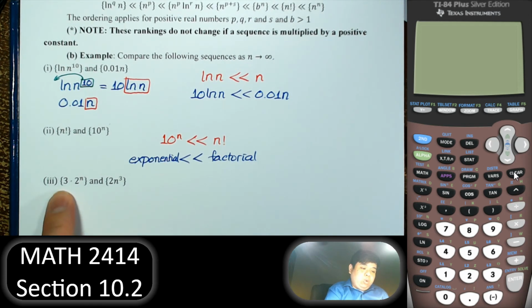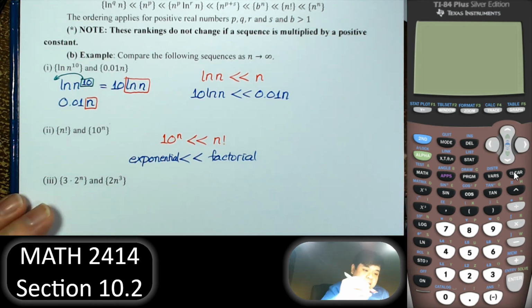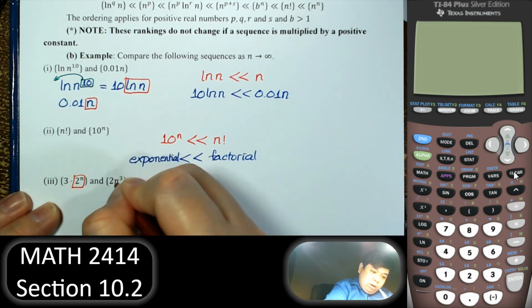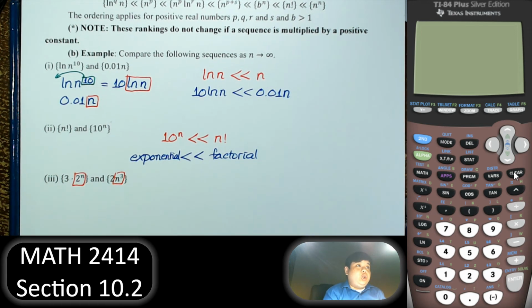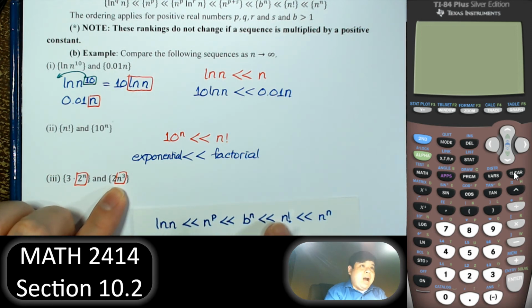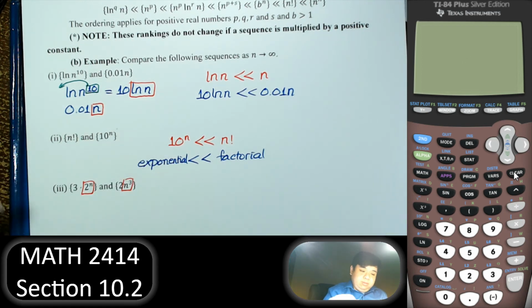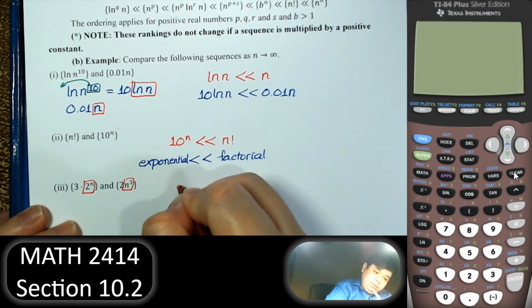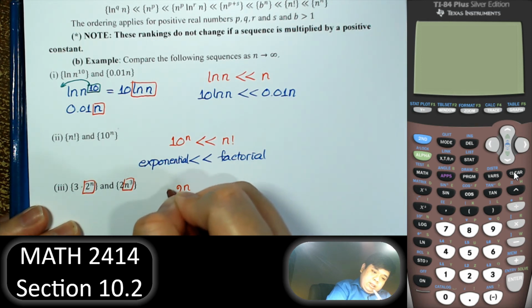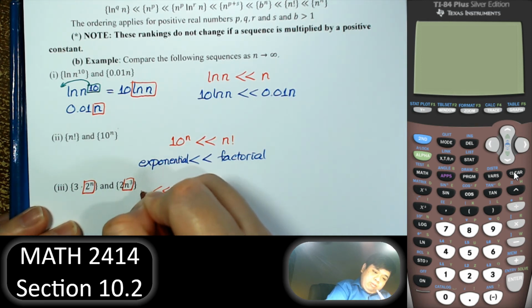Right, next, 3 times 2 to the n and 2 times n cubed. So, like I said, the constant in front of it doesn't matter. What matters is comparing n cubed and 2 to the n. So which one is faster? n cubed, that is power. 2 to the n, that is exponential. So exponential function is always greater than power function. So that one is greater than n cubed